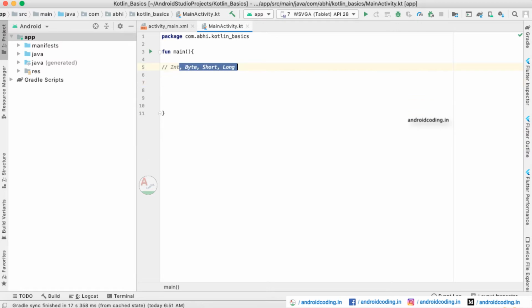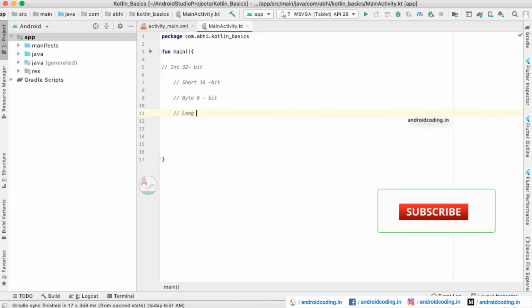So for int you have 32 bits of storage memory, and for short you have 16 bits of storage space required, and for byte you require 8 bits of storage space, and finally for long you require 64 bits of storage space.